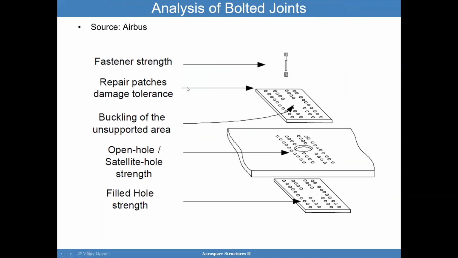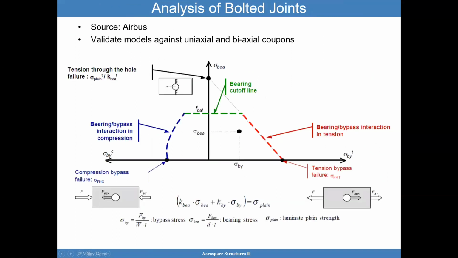You have the fastener strength, the repair patches, and then you want to make sure you don't have buckling of the unsupported area, and then you want to go in and bring everything together. You also want to make sure you have good bypass and bearing strength. So the bypass loading is on the x-axis. On the y-axis, you have the bearing strength capability. You want to make sure that the bypass strength, which is a stress that acts in the far field and then goes around the hole, and the loading that goes right through the hole as a bearing loading,